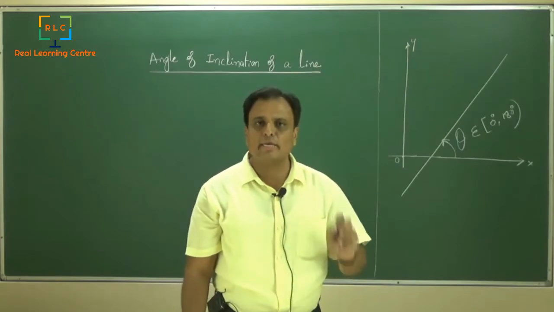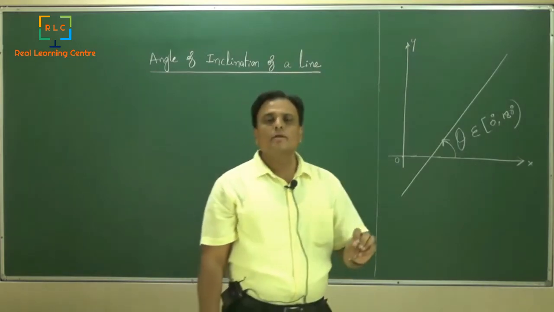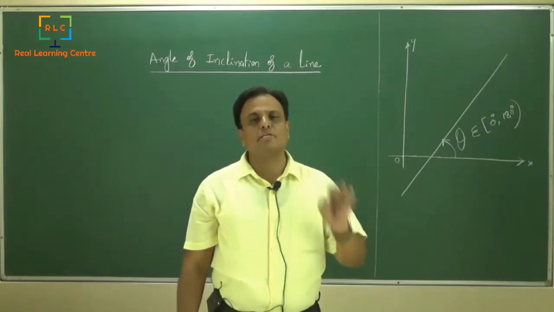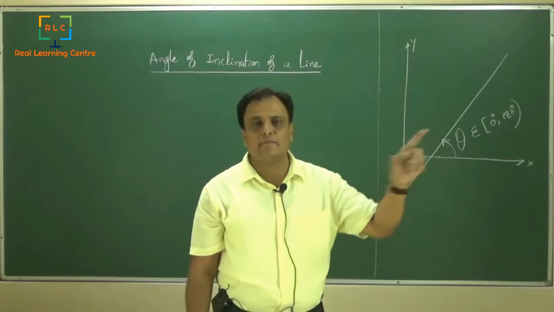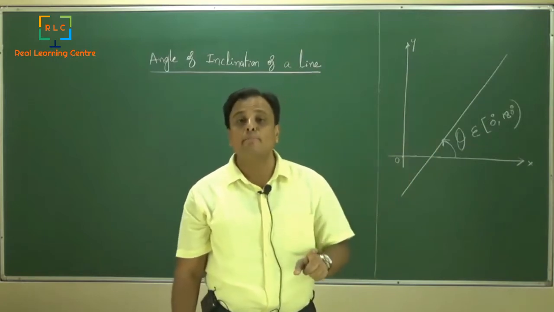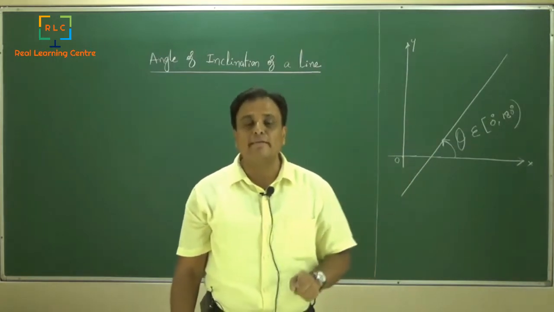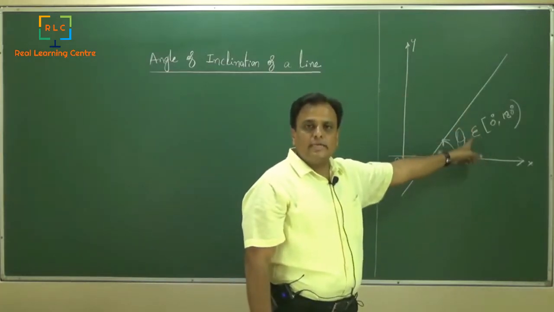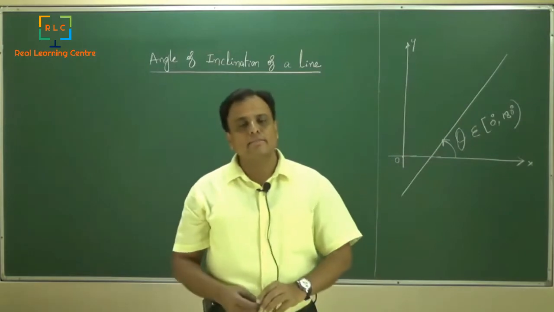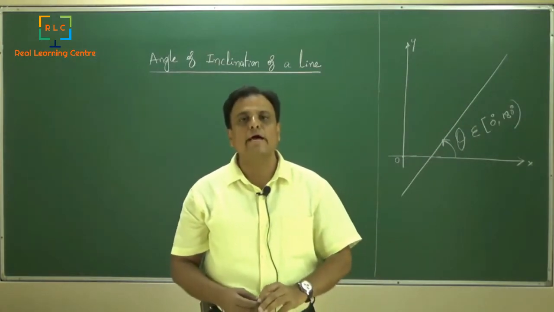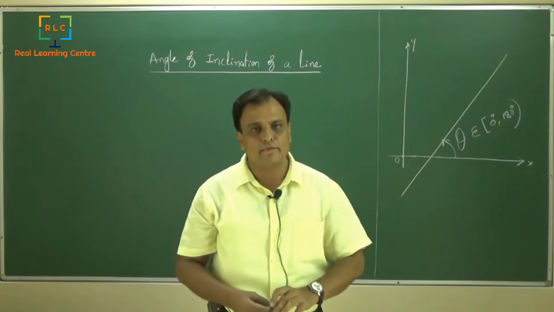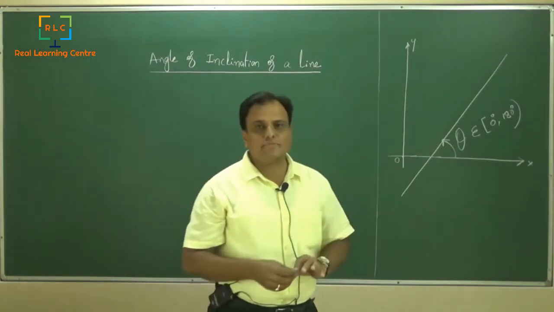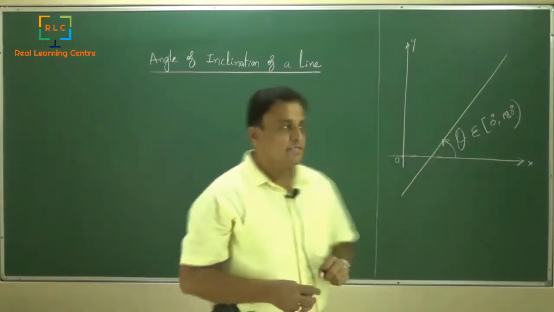So let us once again come back to the final status. Angle of inclination of a line can be defined like this: it is the angle of the line with the positive x-axis measured in positive direction, lying in the interval 0 to 180 degrees. Then the angle theta is called angle of inclination of the line. Once the angle of inclination of the line is confirmed, then we define slope